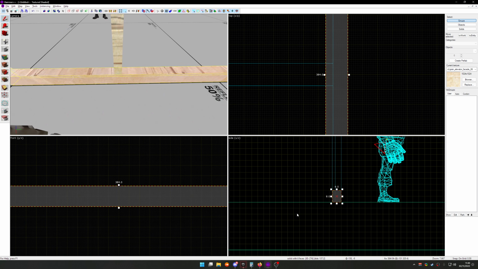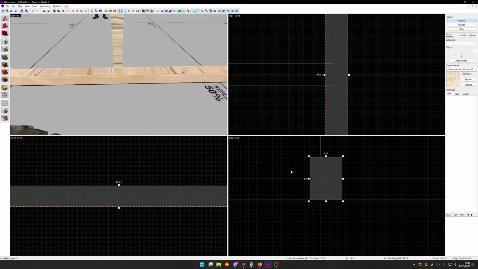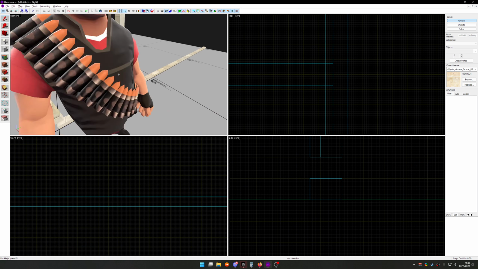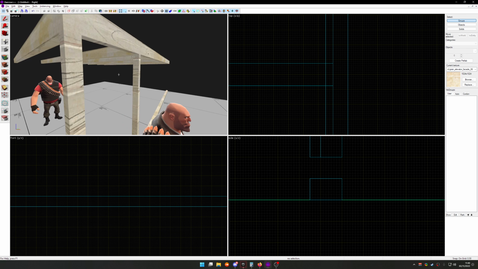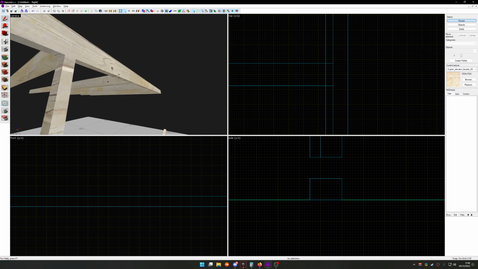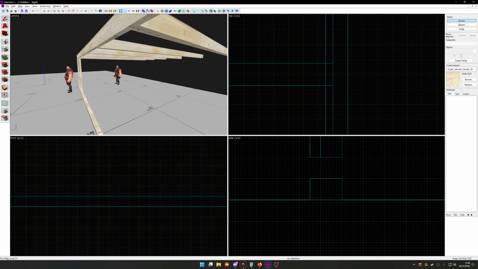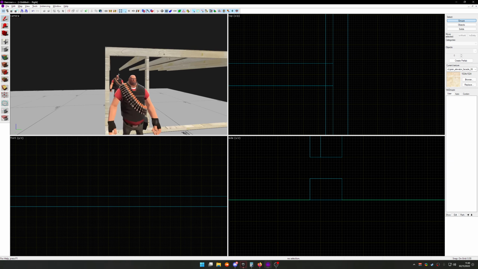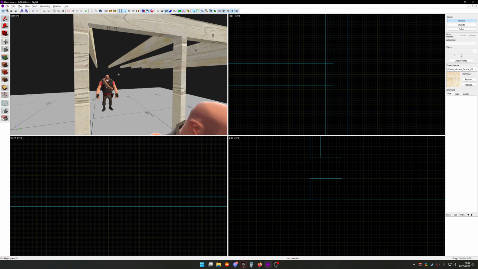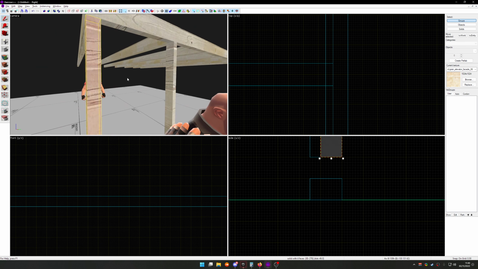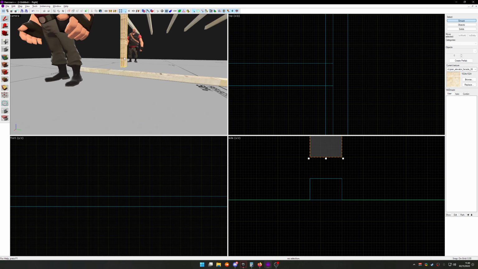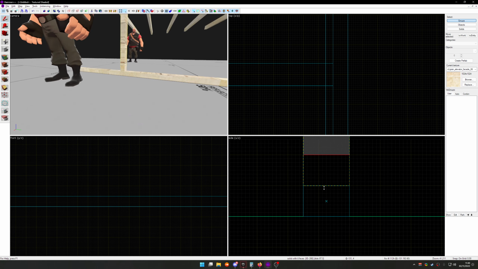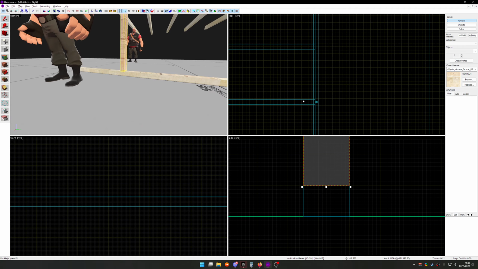This, I think, needs to be thinner, doesn't it? Yeah. Try 4. Alright. You know what? Given the fact that this is only supposed to be simple detailing, I think it's forgivable to have this plank at the top here. It looks kind of what it's supposed to look like, and that's the main thing. So we'll delete that and drop this down a little bit further, and we'll duplicate it